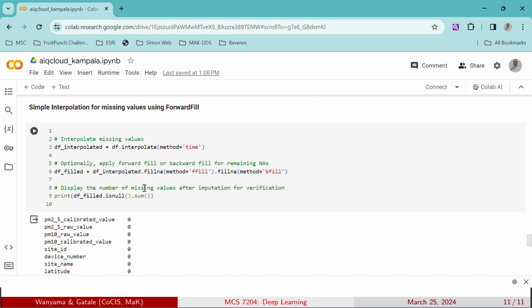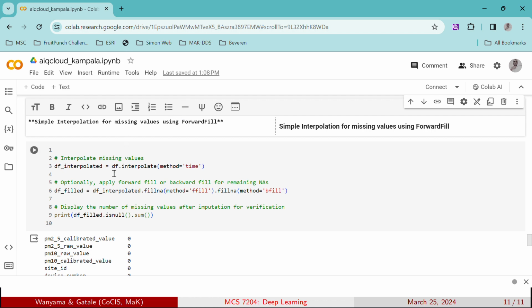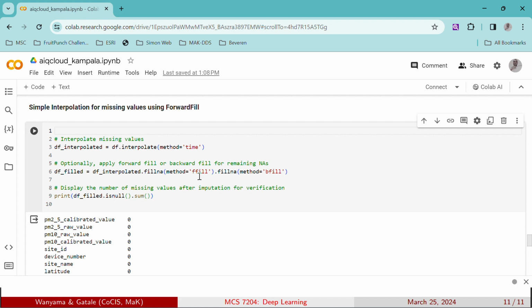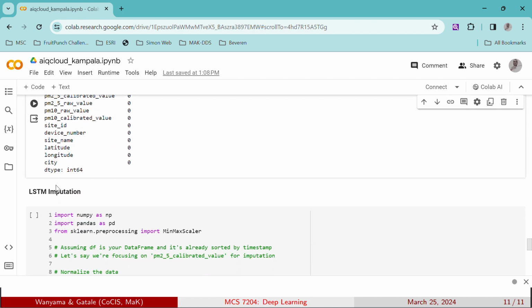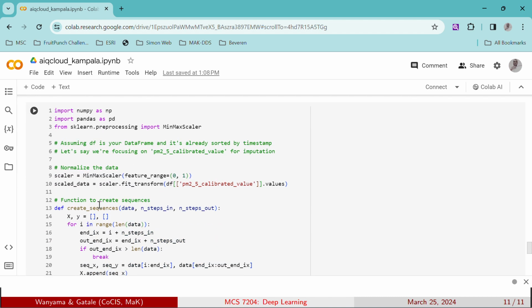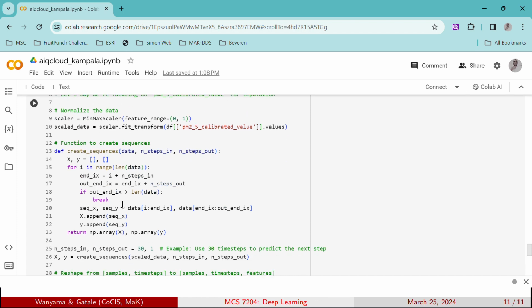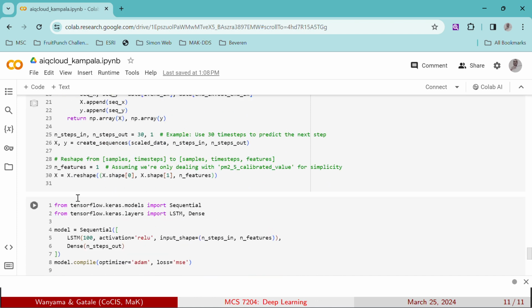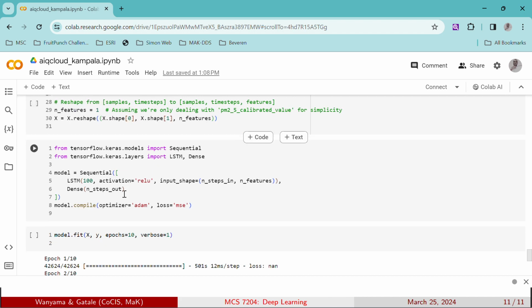We want to fill in these missing values, and we tried out a few things like the forward fill. The forward fill is a very basic technique that we cannot consider here, but of course, we used it here. What we're considering is to use LSTM imputation, because LSTM does very well on this time series data. So we shall use it to try and predict the missing values and fill them in, and then later we can use the same LSTM to build a model for prediction of our values.